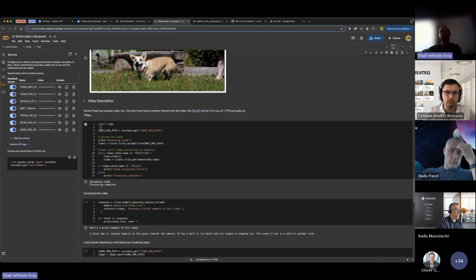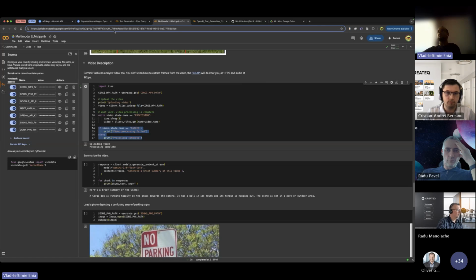So you load the video. I have the path here as a secret in my secrets list. And I just call client.files.upload, and that's it. Specify the path, and it uploads the file. Here I can use this while loop to check the state of the file: if the upload is done, if not, tell me when it's done, and if it's failed. So the video is loaded into the files API.